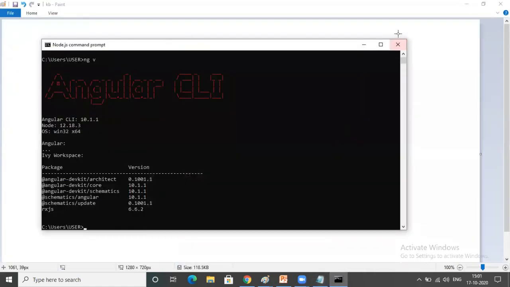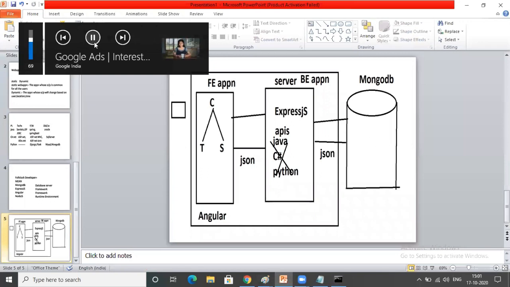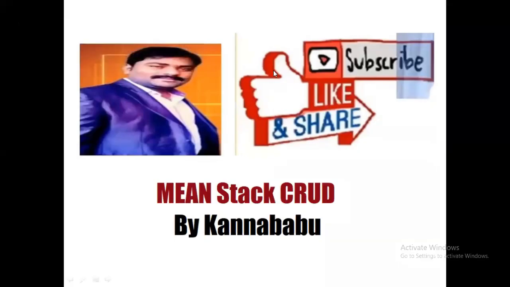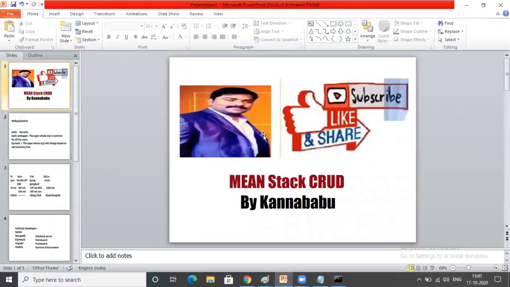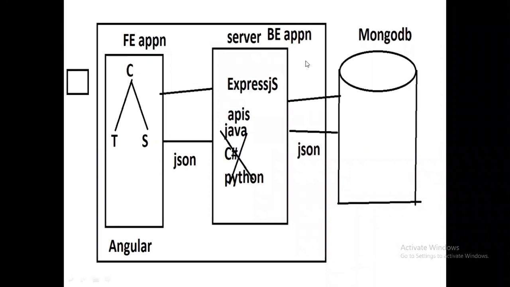MongoDB is also installed, but actually here I'm using MongoDB from the cloud. Are you following, everyone? Here you can see MongoDB is a database. I think you got clarity, everyone? Yes or no? So here MongoDB is the database server, and your Express.js is a backend application. Angular is a front-end application. Right. In the next video, I will show you how to create the MongoDB database, Express.js, and all the other stuff.